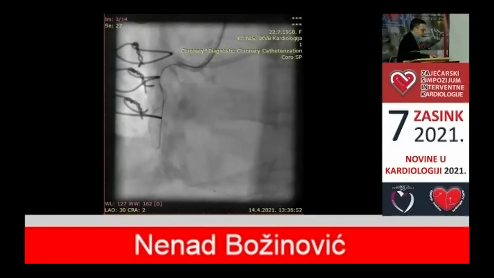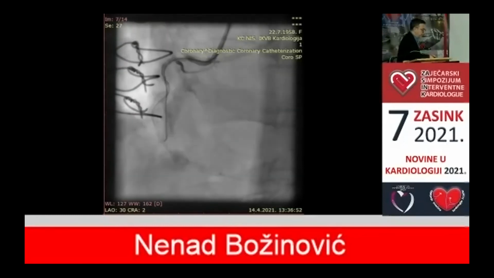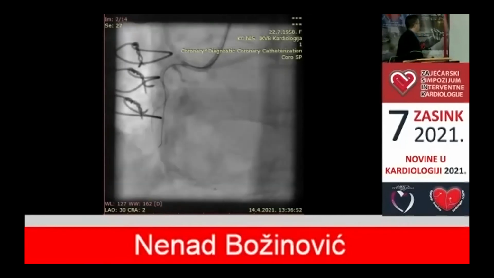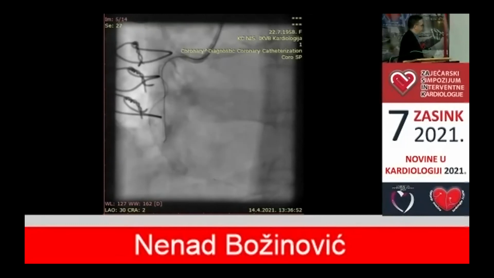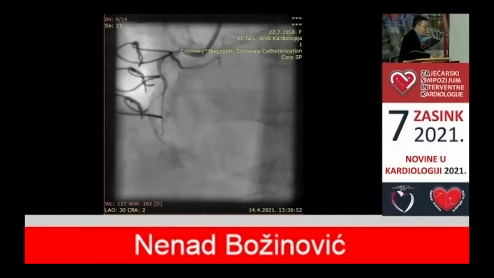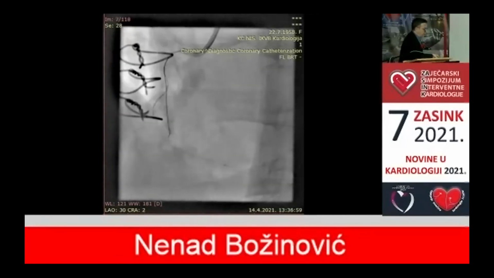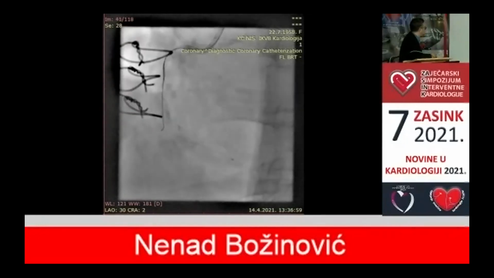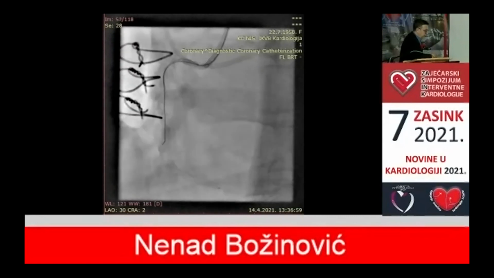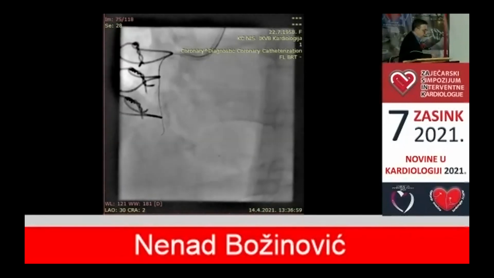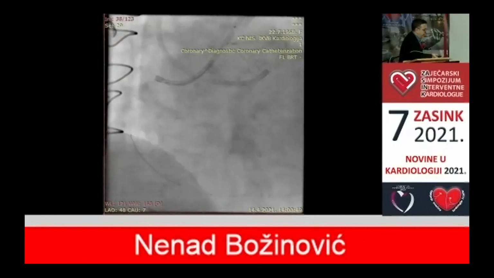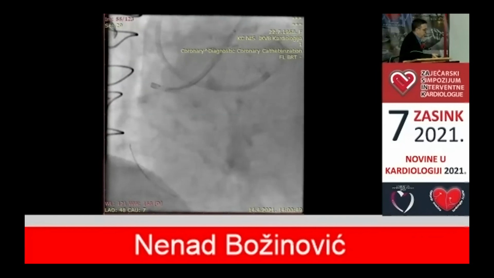You can see on this film that my retrograde wire is here, but my Fine Cross is stuck here. I cannot remove it. And then I go with my retrograde wire to the antegrade guide. That is a standard step of a retrograde procedure. And this is only a rendezvous